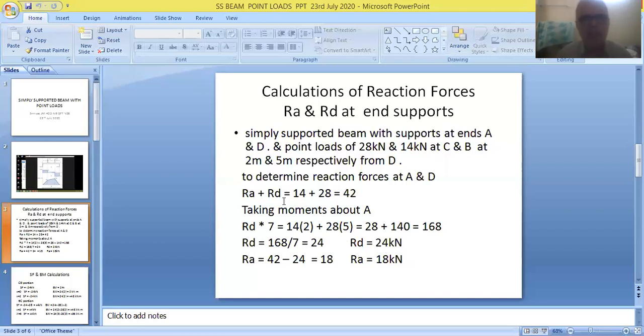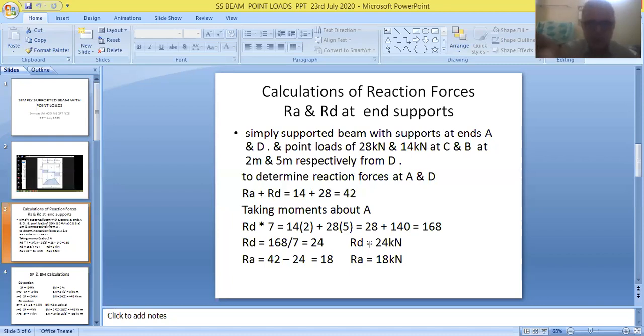And again, substitute the value of RD in the first equation. We can get the value of RA, that is given as 18 kilonewtons. So friends, we are proceeding from the right-hand side to the left-hand side of the beam. Therefore, we will not be using the value of RA for framing equations. But definitely we need the value of RD for writing the equations and getting the values.